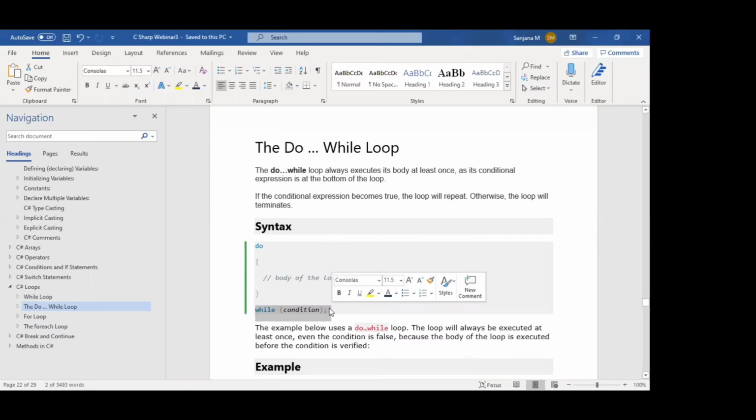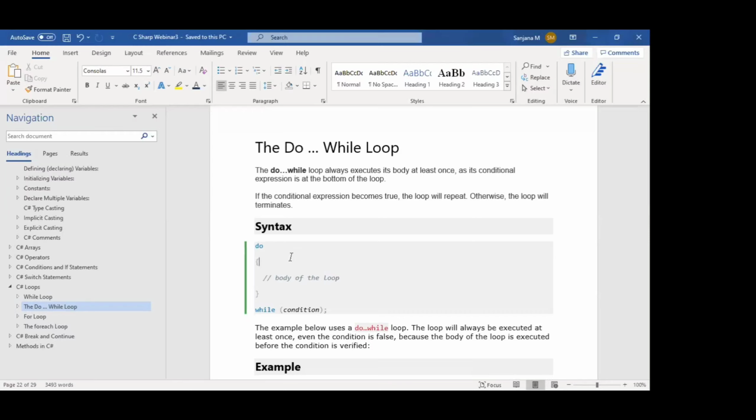If you compare the while syntax and the do while syntax, in do while the condition is at the end of the body of the loop. So what this loop does is execute the body at least once, because the condition is specified at the end.